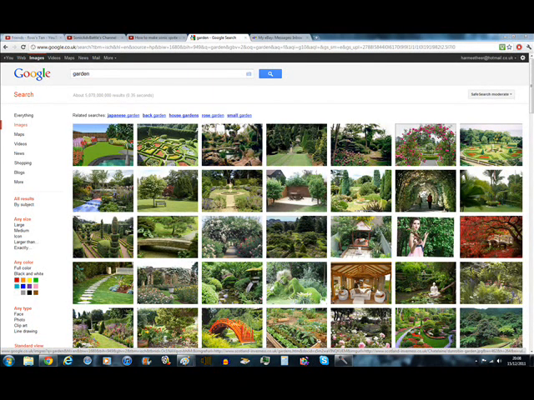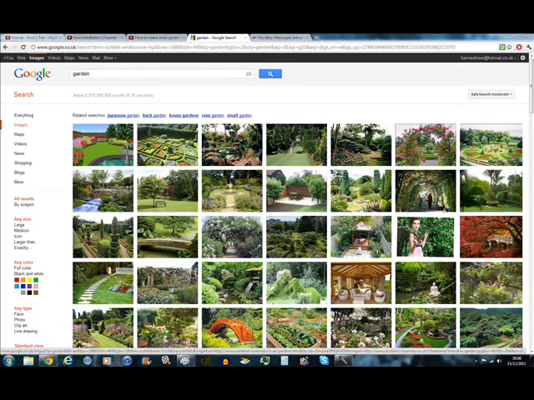Okay, once you've done that, you go on to Google Images and type in garden. Basically I'm sticking with garden for now because it's a suitable environment for the sprites in a tutorial. But if you want to use any other backgrounds, you're more than welcome to. You pretty much have to save a background in order to use sprites. But for me, I'm sticking with garden for now. As soon as you've saved it, then you